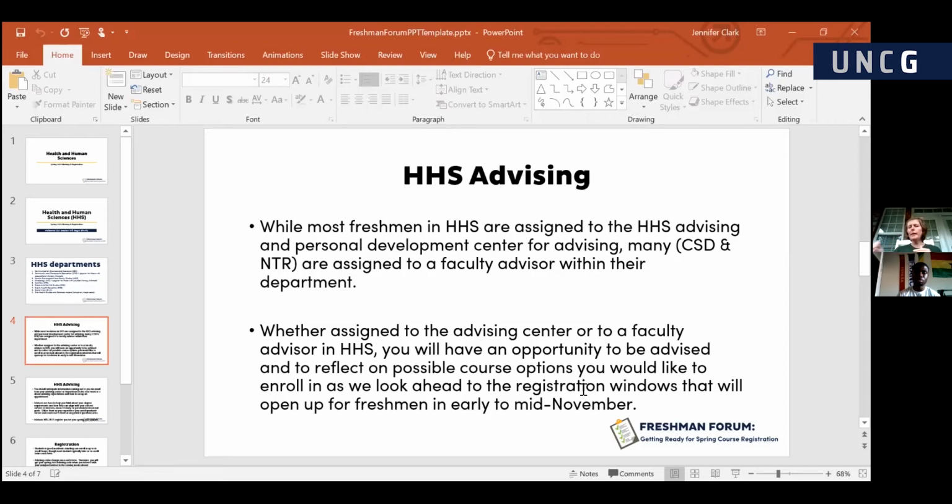You won't be pre-registered in any other courses, because now you're getting familiar with the policies and procedures, and you'll be able to interact with an advisor to talk about the courses you might want to take, or they'll direct you towards resources that will help your future planning.